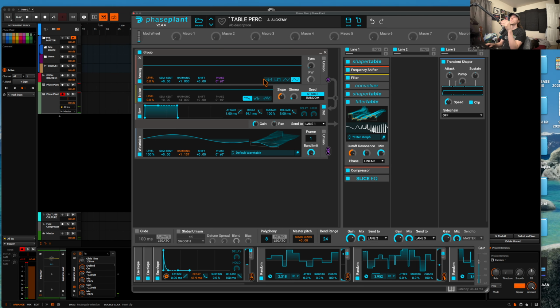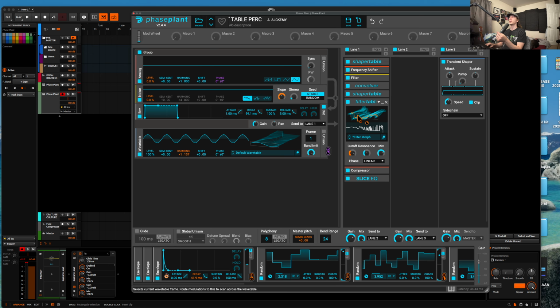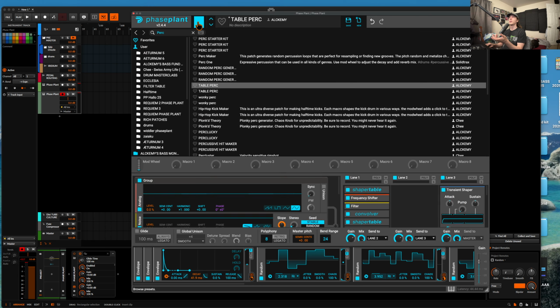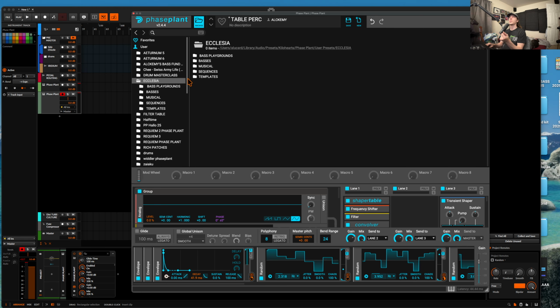And I actually like showing you all this because I usually do this within a multipass thing, but this is a very basic setup that doesn't require a lot of different components. I know that it looks complicated, but it's really not. If we go to Ecclesia, when we go